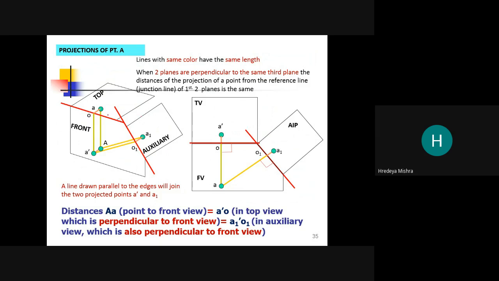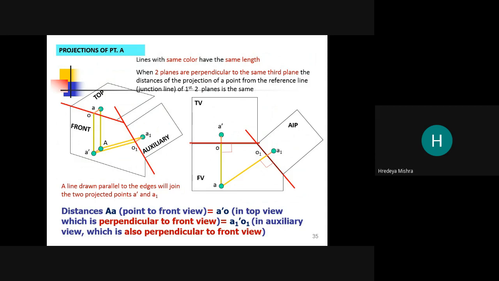Here we can identify that this length is the same, this is the same, this color is the same, this color is the same, so AO is equal to A dash capital A equal to O1 A1, capital A small a, and A dash O, A dash A1, which is equal to this. So this is in 3D.